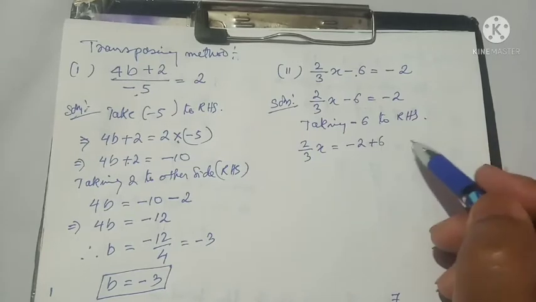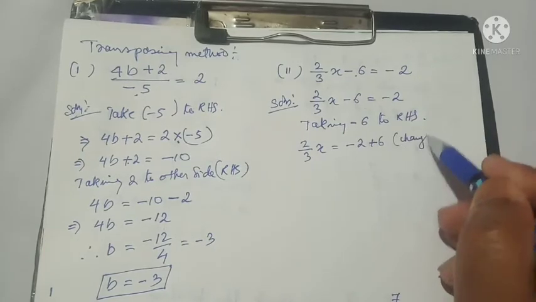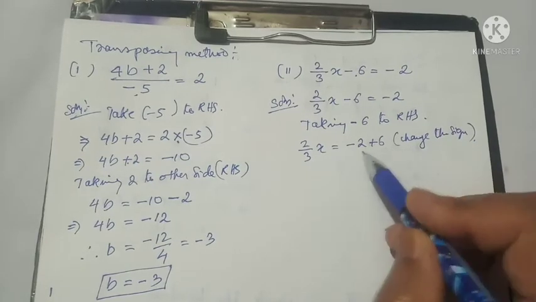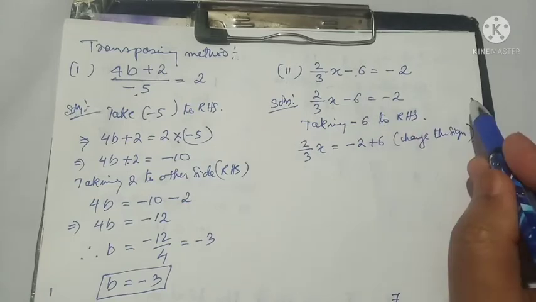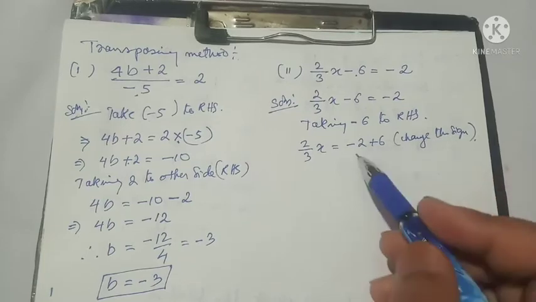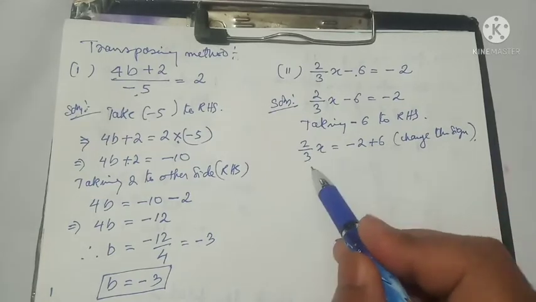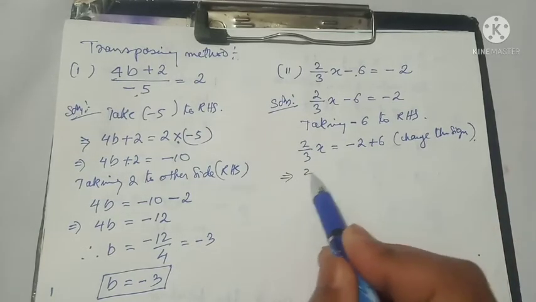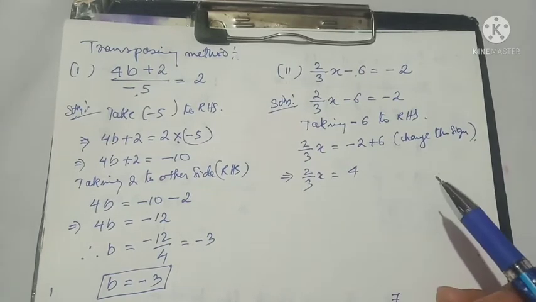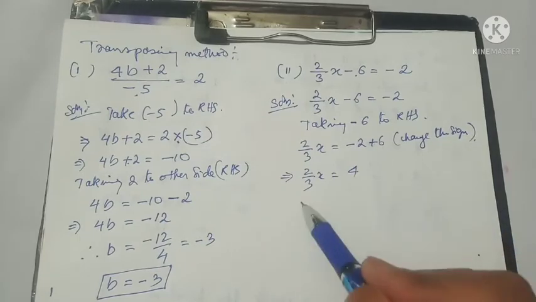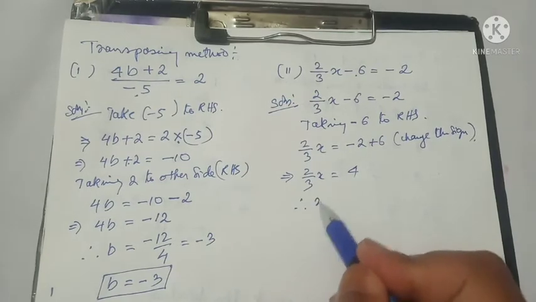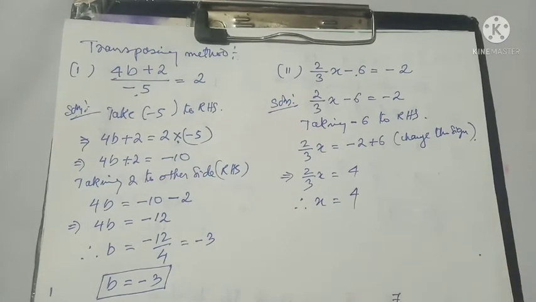Now note, we should change the sign. Change the sign means here it is minus 6. If you go to the right hand side, the minus sign will be changed. Okay, and then here comes 2 by 3x is equal to 4. Here again, what will be the value of x? Now, therefore, the value of x is equal to 4